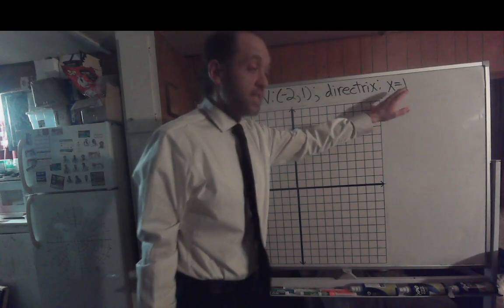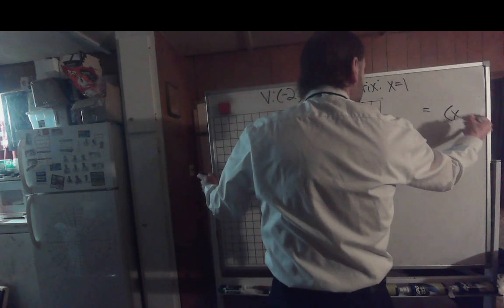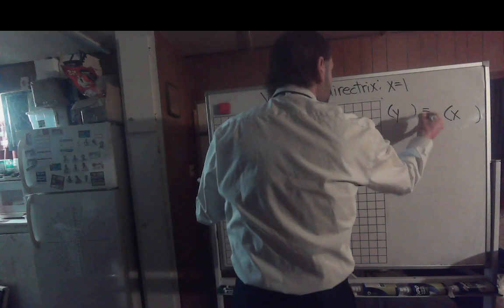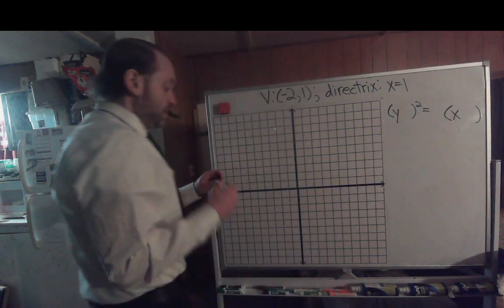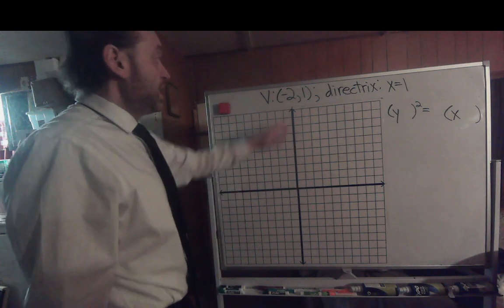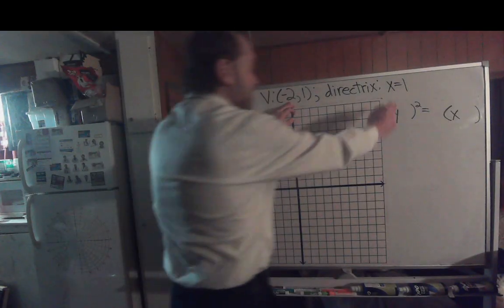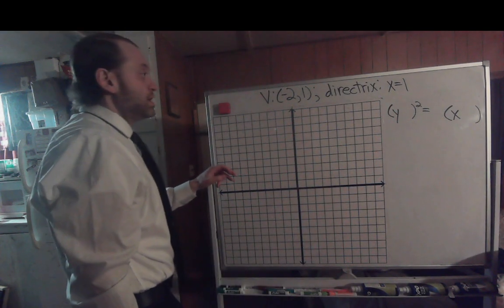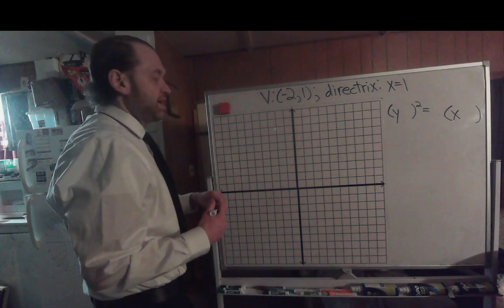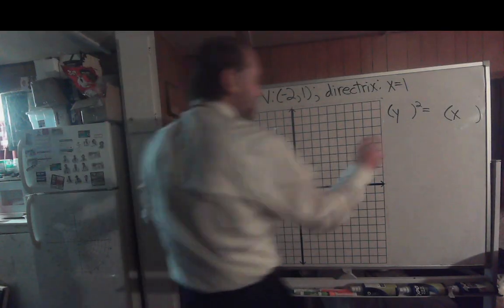Well, the directrix gives away the axis of symmetry, so to the right of the equal sign, you'll have some form of x equals, which means to the left of the equal sign, it's going to be some form of y squared. Now, let's figure this out here. So x is negative 2, your directrix is x equals 1. Notice you're actually adding to get your directrix. You're adding 3 to get your directrix, so that means